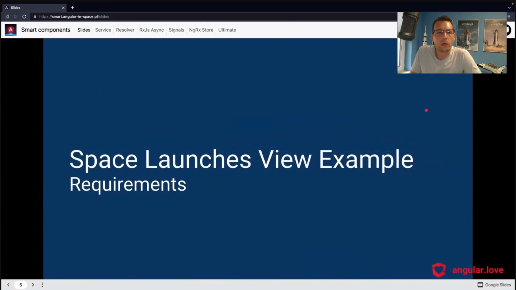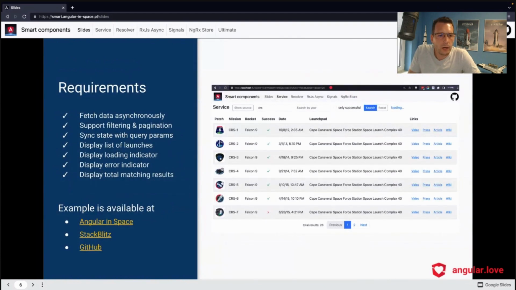Okay, so let's go through the example. So here are requirements that I had when I was implementing these examples in different approaches. So we have the list of the space flights of SpaceX. We support data filtering with this filter component. We display the status indicator, so we know if data is being loaded or is there any error. And we can use pagination to switch pages, and we can see the total number of results that are there